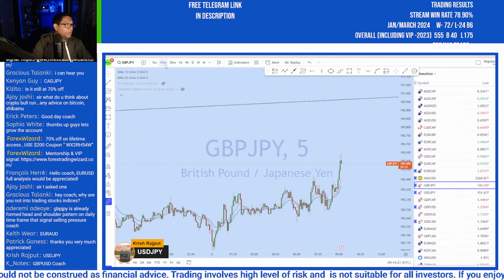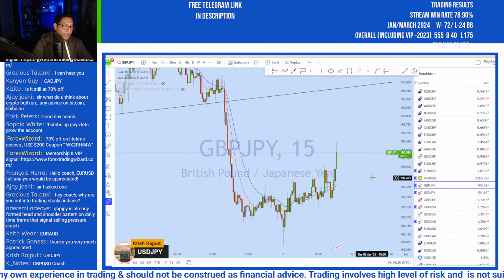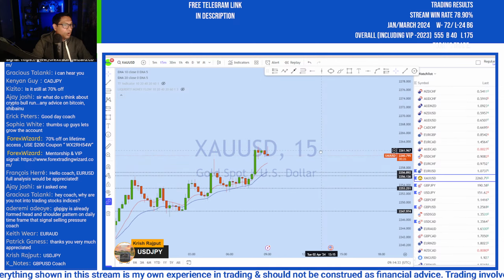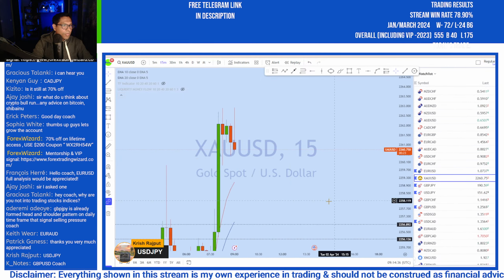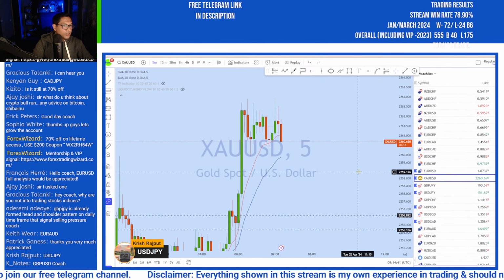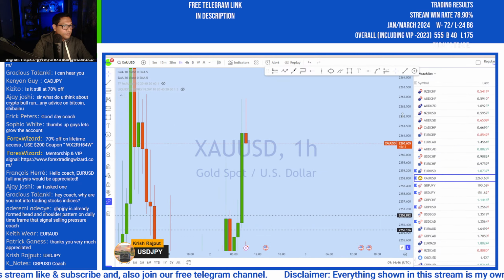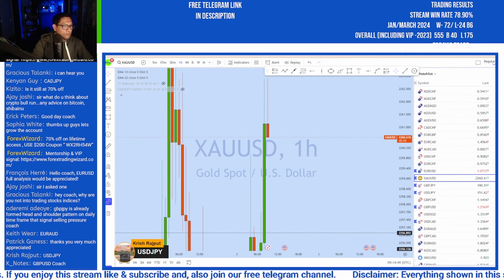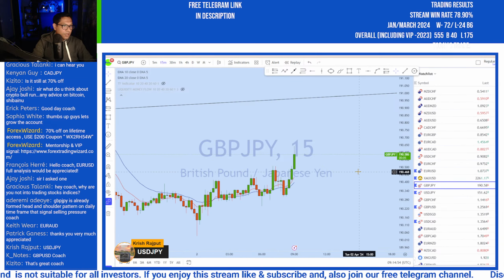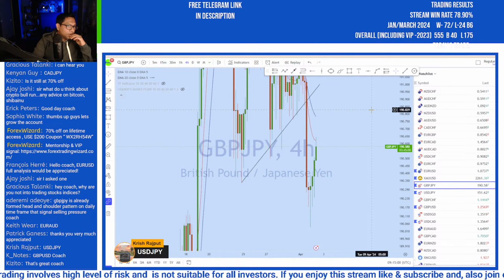So we see that GBPUSD has in fact got a bounce from that level. As I mentioned before, we'll be waiting for an entry here. Let me see that on gold. Okay, so gold is trying to break in that direction. Okay. So GJ, we saw that there was a significant bounce before here.